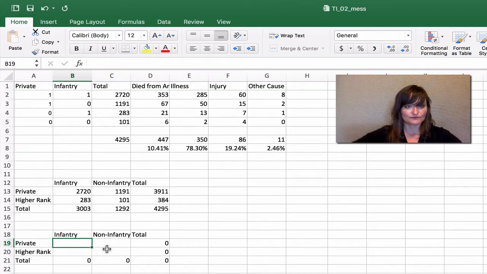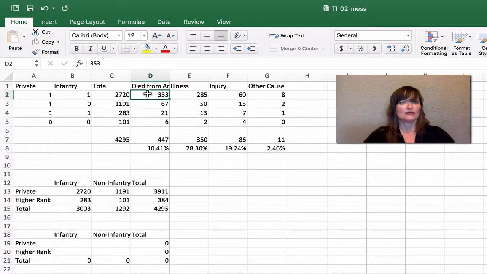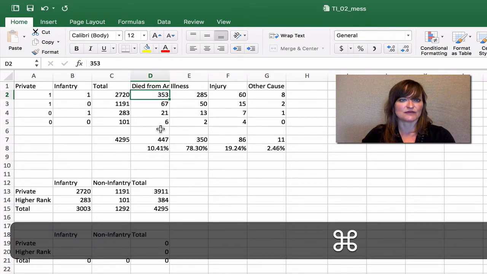So we're going to start with just the raw numbers. The data that we want to put into these cells, into this contingency table, are the raw numbers of how many privates in the infantry died from any cause. So we're going to take these 4 data set points and lay them out in that contingency table.